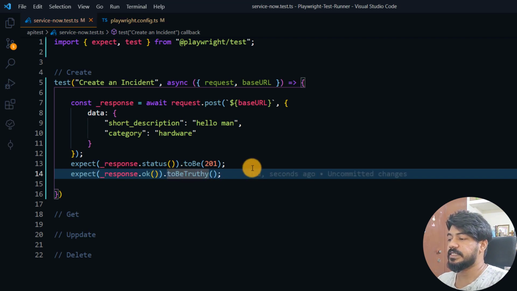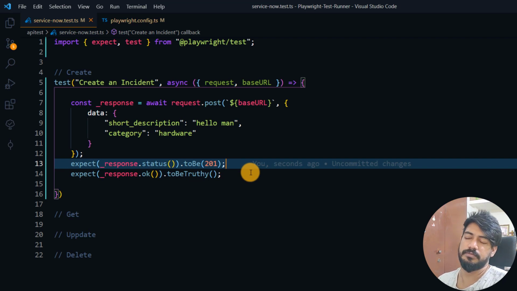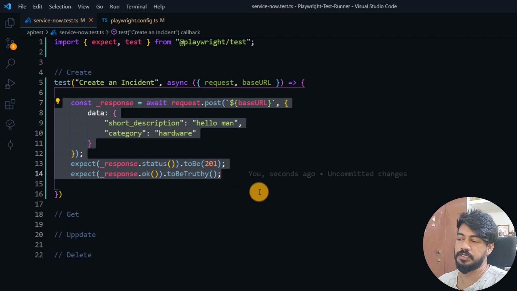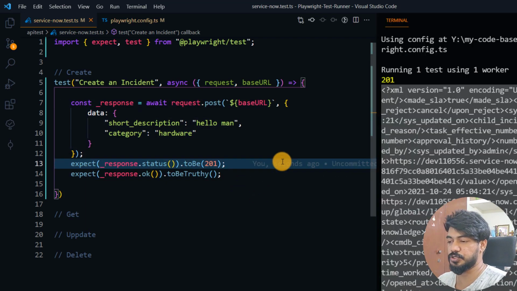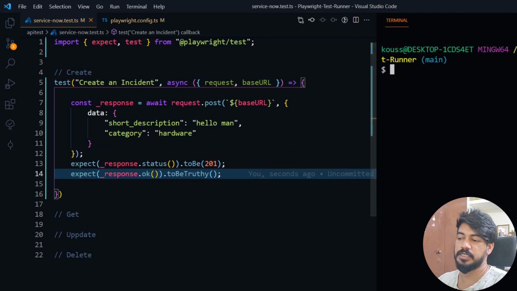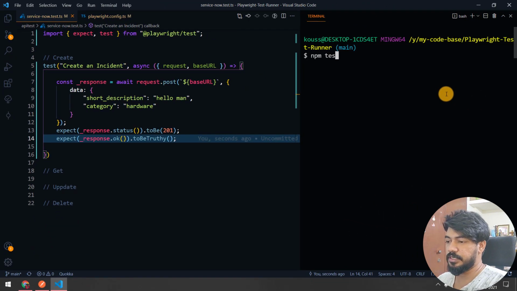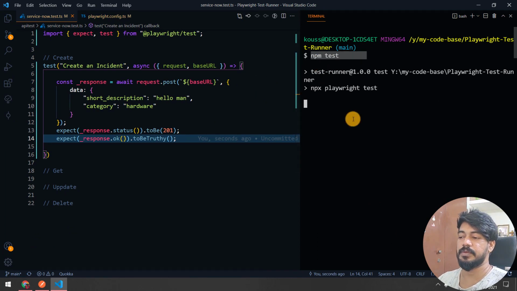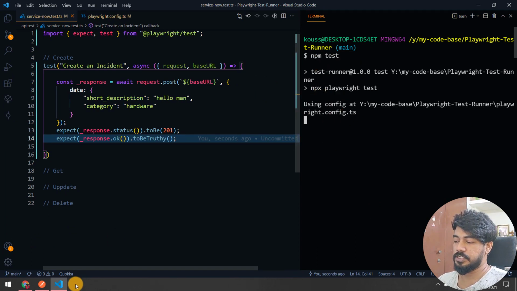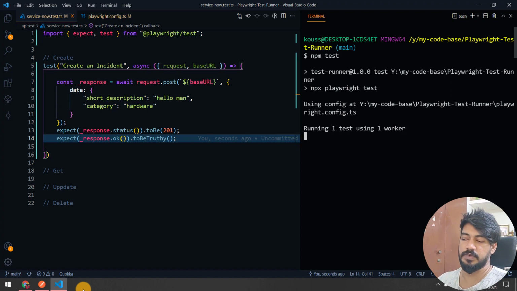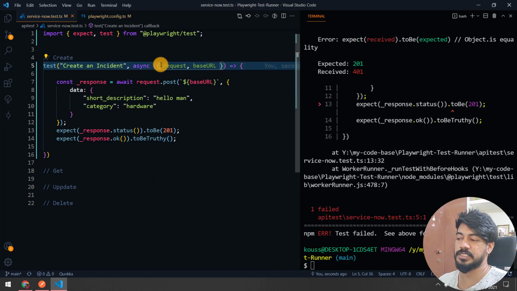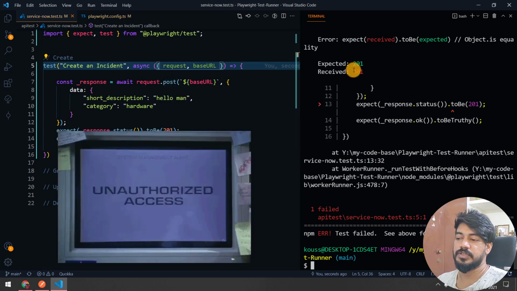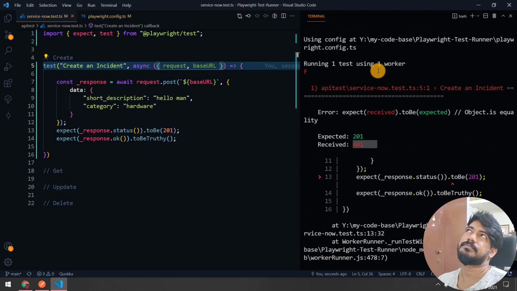Okay, and yeah, but if I pass this, will it work? Definitely it will not work because we don't have the header. The authorization is not there, but just let me show you. Okay, so I'm going to bring up my terminal and I'm going to say npm test. Already the file name is there in my config file, so I can say directly npm test and that's going to run my test. But here you can see there is no browser because we are using only the request. If you pass the page as a parameter here, then of course the browser will be visible. Okay, and here you can see 401, which means unauthorized, I think.